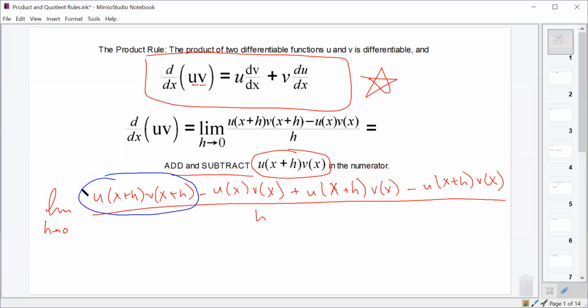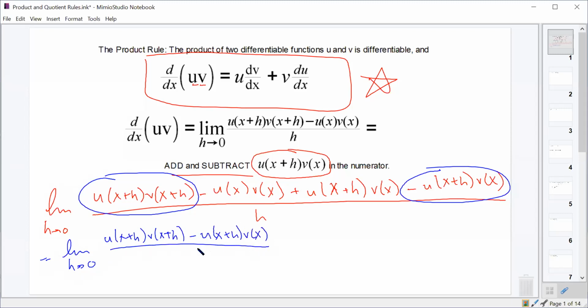The last term. Okay. All right. Let's do that and see what happens. See if this works out for us. So we got the limit as h approaches 0 of u of x plus h, v of x plus h, minus u of x plus h, v of x, all over h. And then we would add to that,